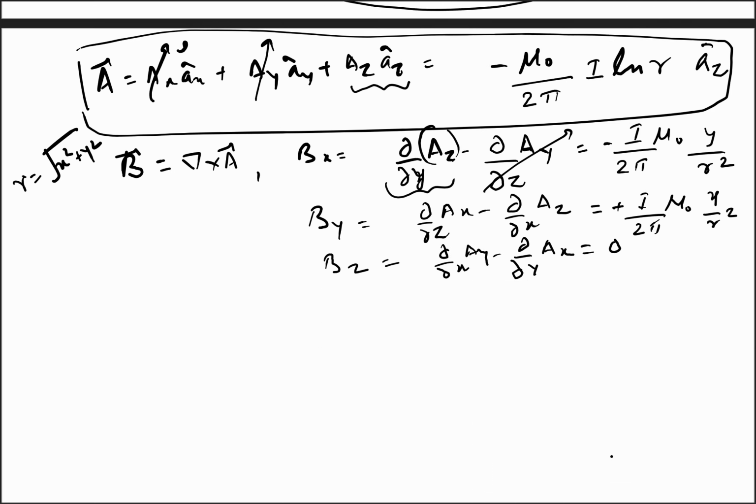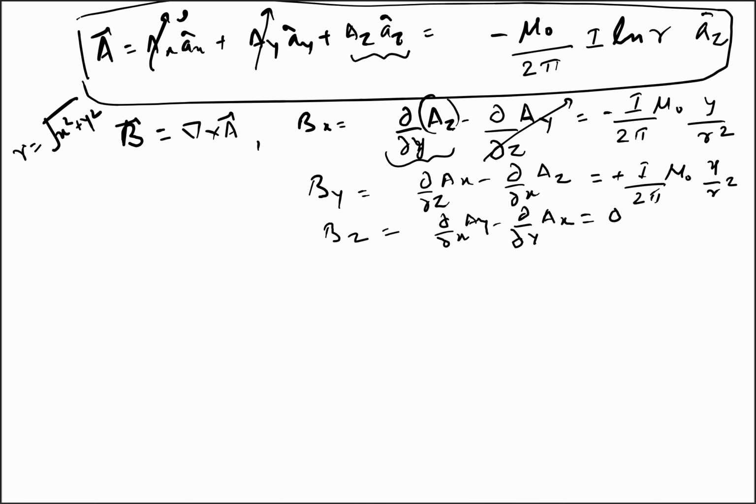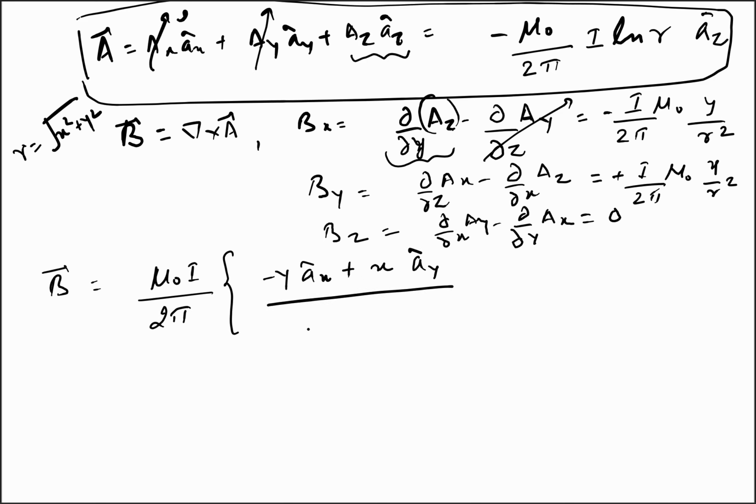So you see that the magnetic field will be simply mu naught I by 2 pi, minus y ax plus x ay over r square,